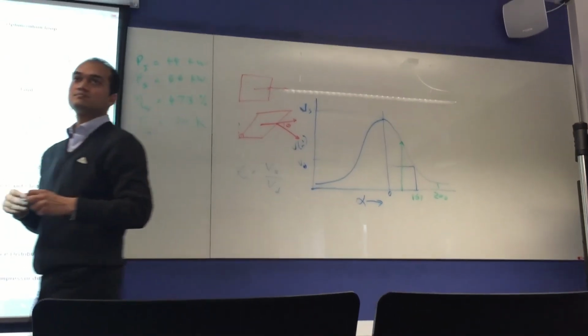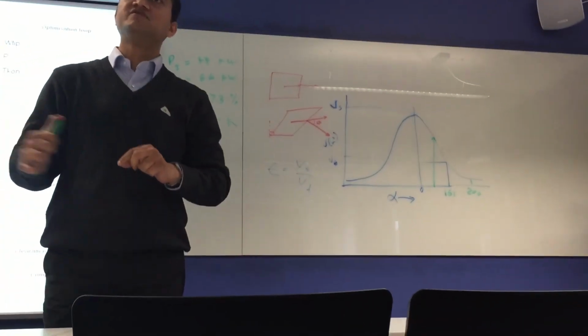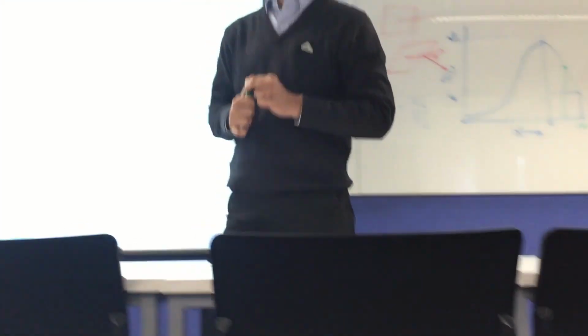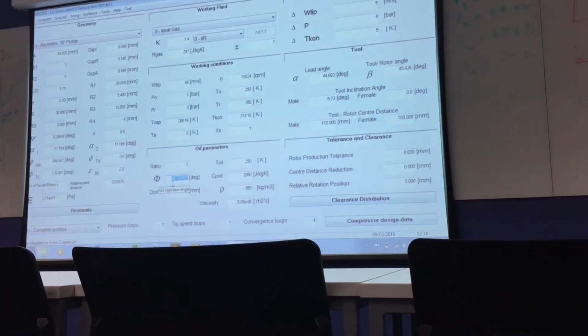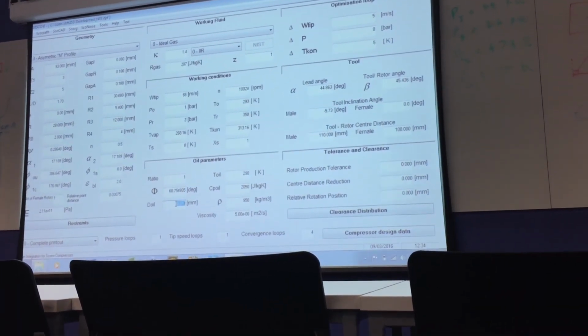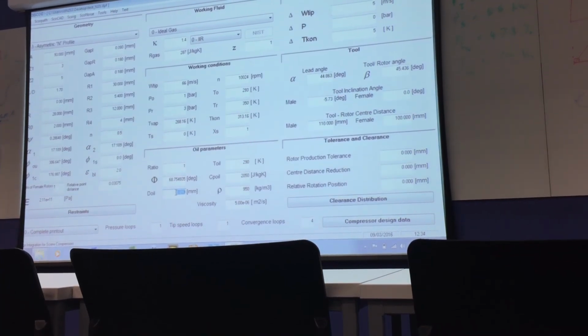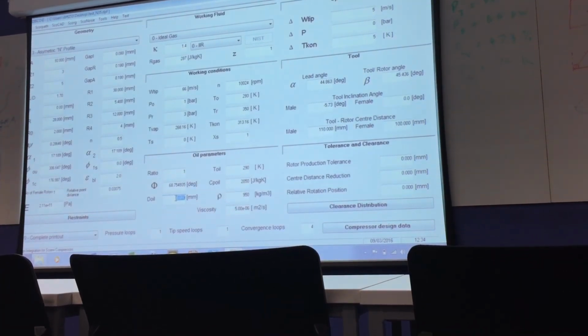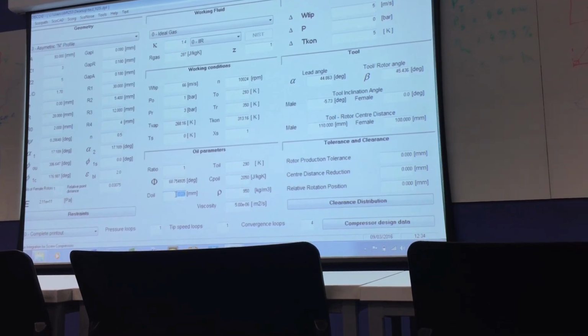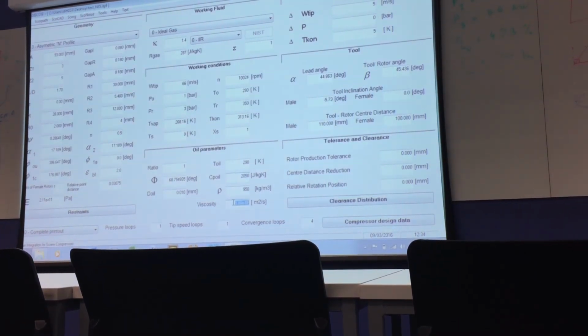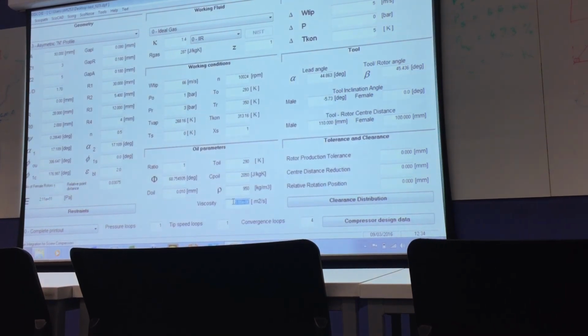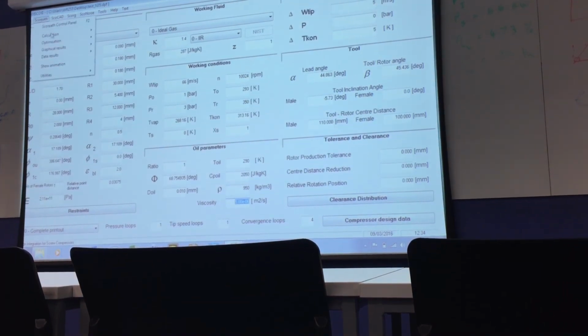Wasn't the compressor oil free? It is oil free. I'm just giving you an example. This is droplet diameter for the oil. It should be estimated using experiments, but we are taking a mean diameter. Then density, specific heat and viscosity are properties of the oil. So let's calculate again.